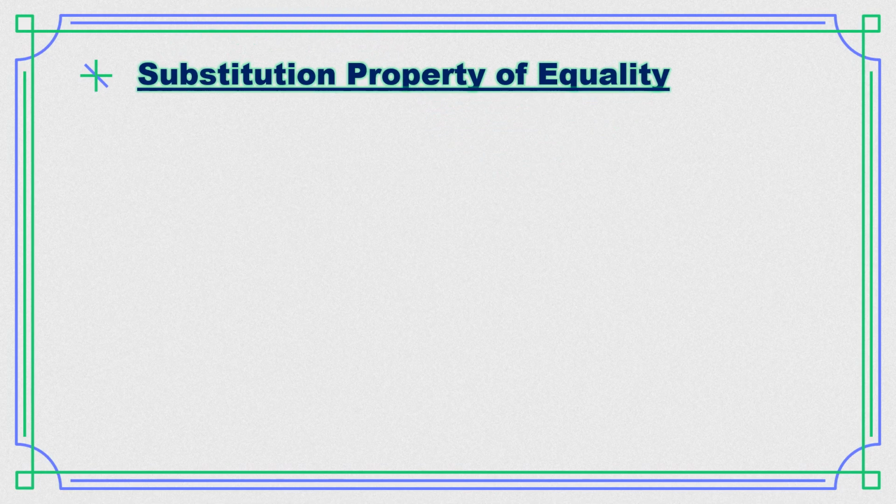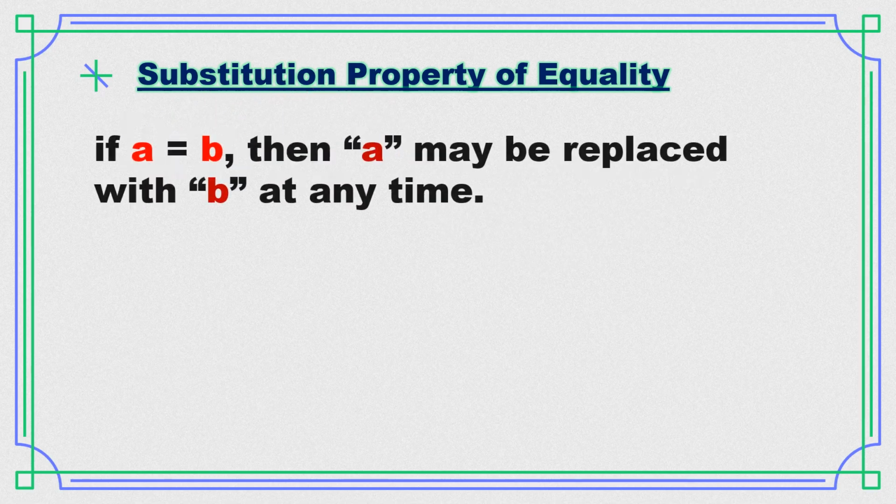So, for the fifth property, we have substitution property of equality. Kapag sinabi natin substitution, ipapalit po natin. So, if A is equals to B, then A may be replaced with B at any time. So, example po natin,